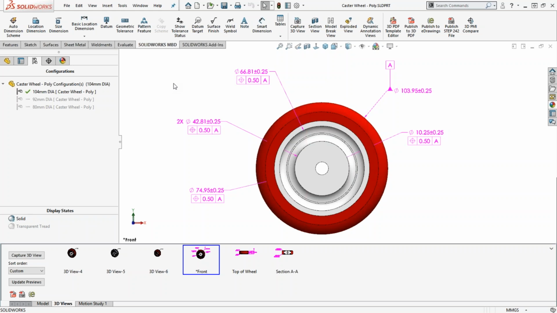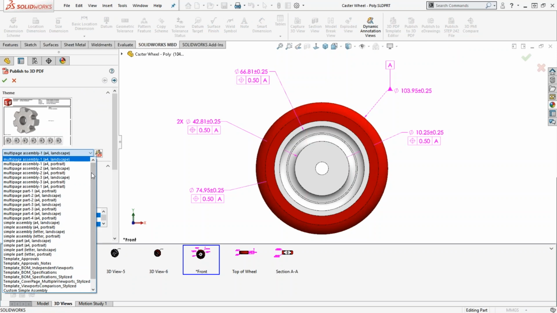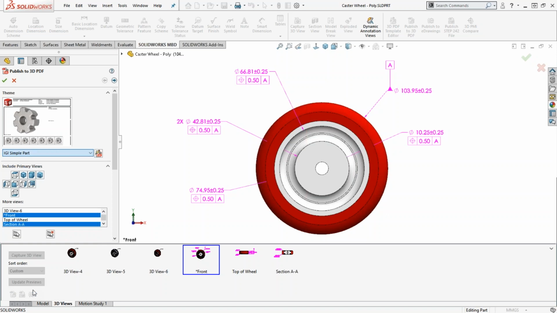So this can be done pretty easily from the MBD command manager by choosing Publish to 3D PDF here, or you can also do it down here by hitting the Publish to 3D PDF button in the 3D Views pane. So we'll go ahead and start that. First thing to do is, just like with drawings, choose your template. And in this case, I've got a custom template that I've created. I'm not going to go into it here, but in the course that I'll point out here shortly, you can also